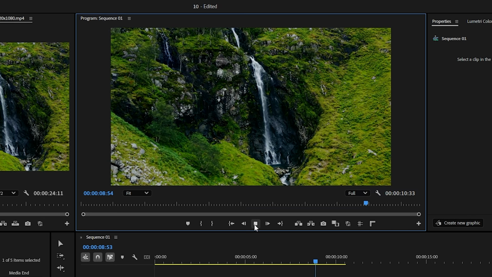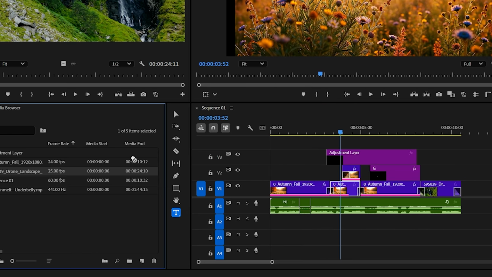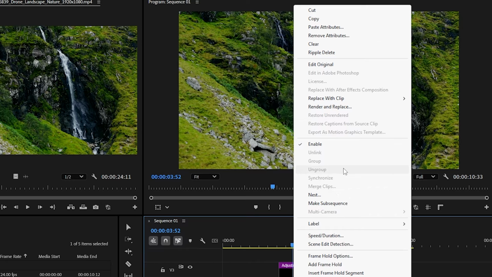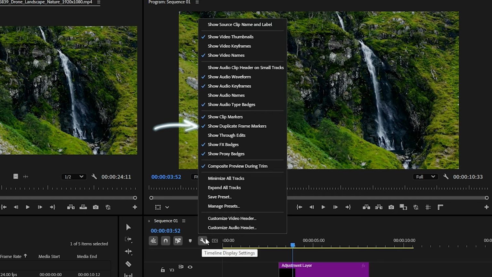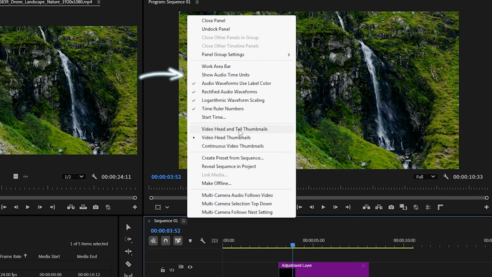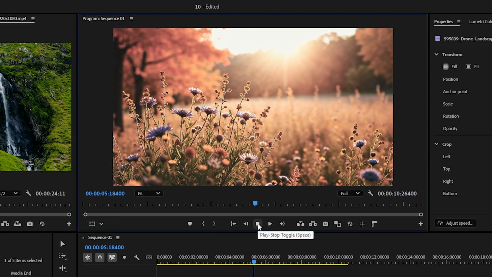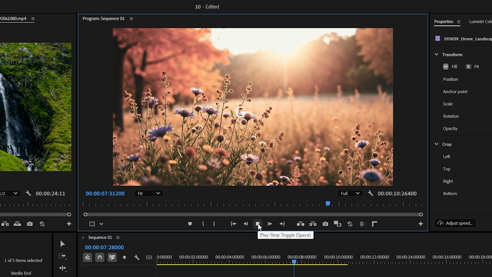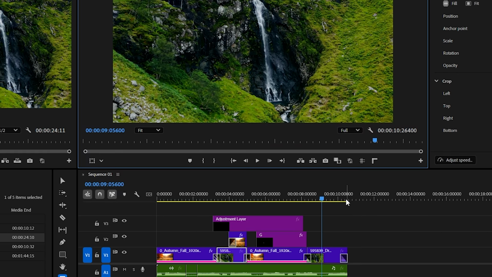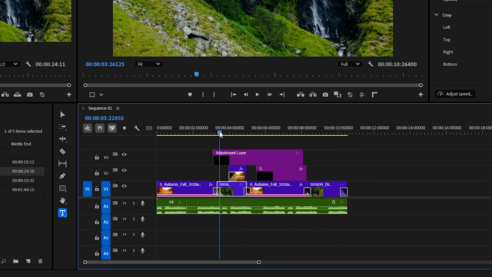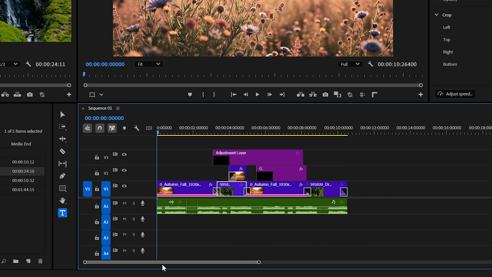environment. If you start replacing footage instead of re-editing it, using paste attributes to apply consistent effects across clips, rendering and replacing heavy effects to keep your timeline smooth, enabling duplicate frame markers to catch mistakes instantly, and editing audio with sample-level precision using audio time units, your editing speed and accuracy will improve immediately. These hidden Premiere Pro features are already built into the software. You just need to start using them, and once you do, you'll never go back to slow, laggy, or messy